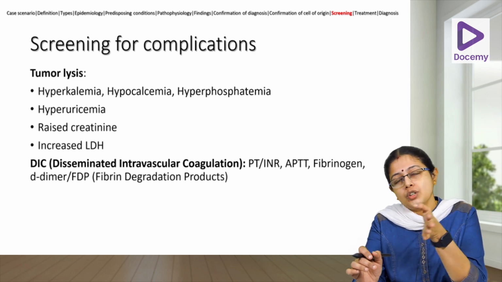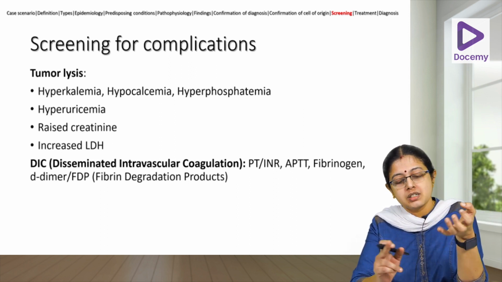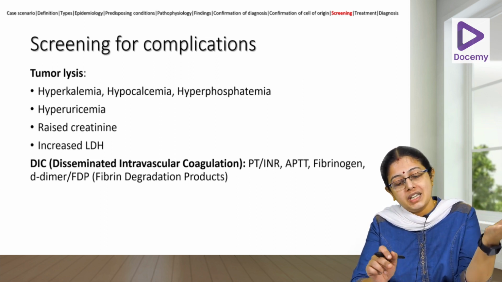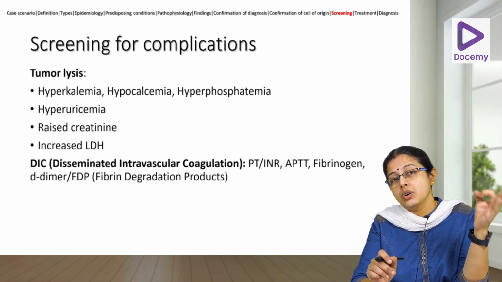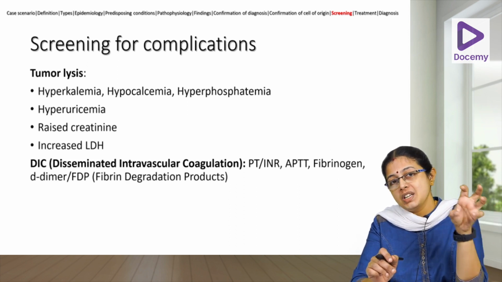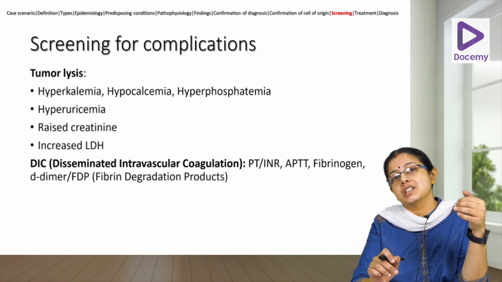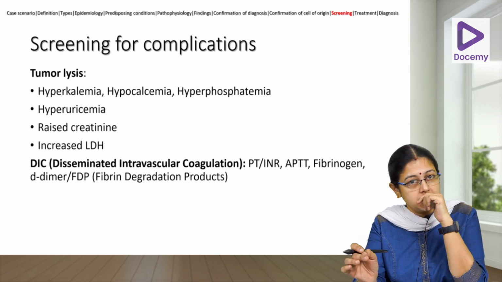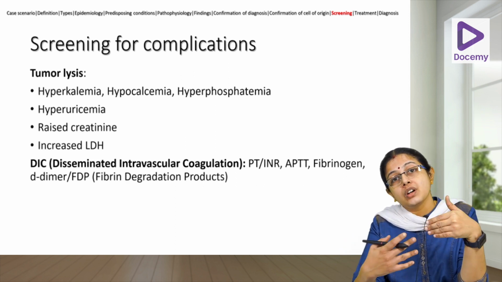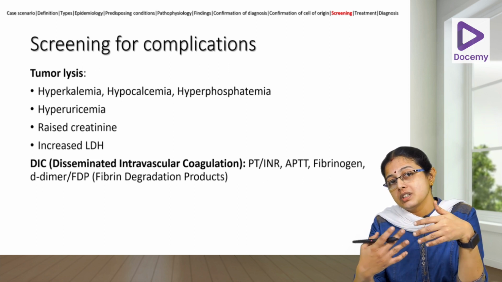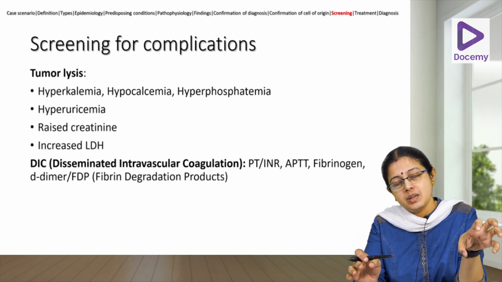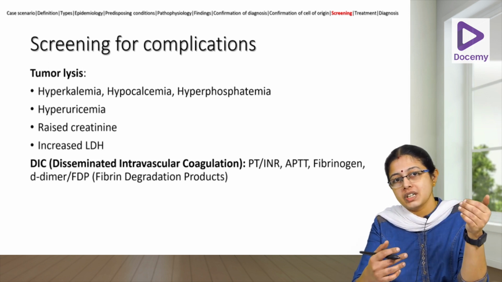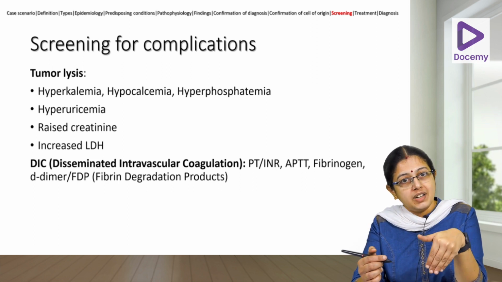Now you need to screen for complications like whether this person has a tumor lysis, because of which he could be having hyperkalemia, hypocalcemia, hyperphosphatemia. Any of these, hyperkalemia as well as hypocalcemia, could actually cause arrhythmia in the patient, and sudden death could occur. And the hyperphosphatemia, the phosphate crystals could deposit in the kidney and cause renal injury. Hyperuricemia could also contribute to the renal injury, and because of this you could have raised